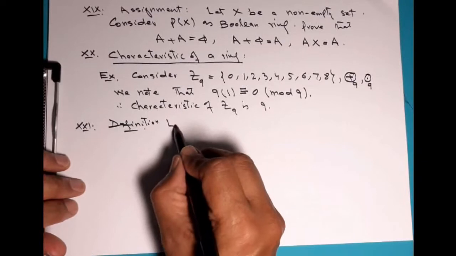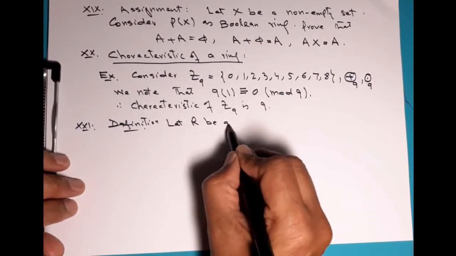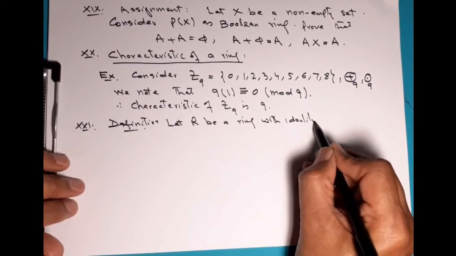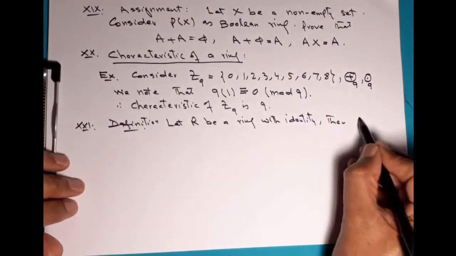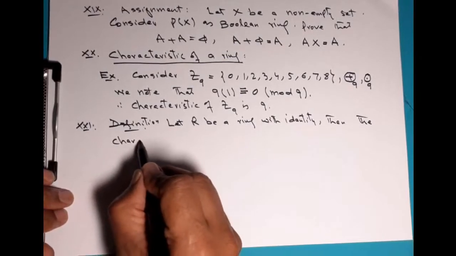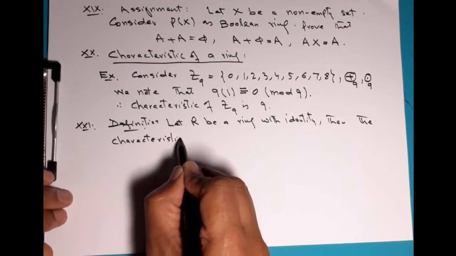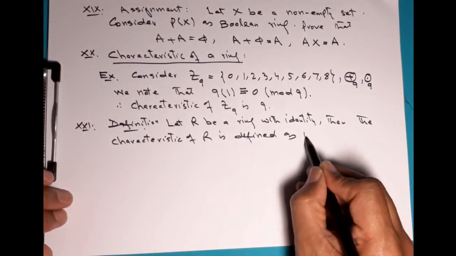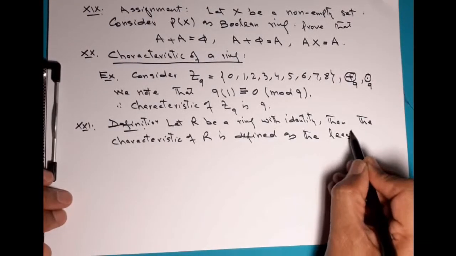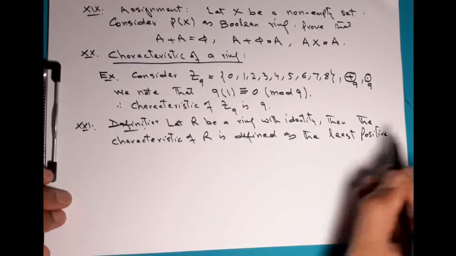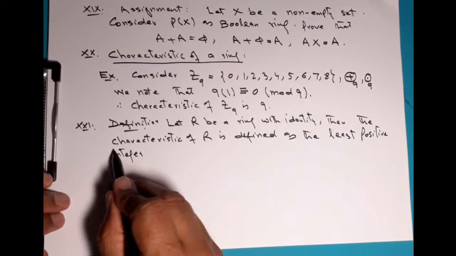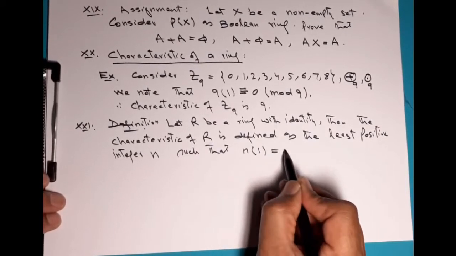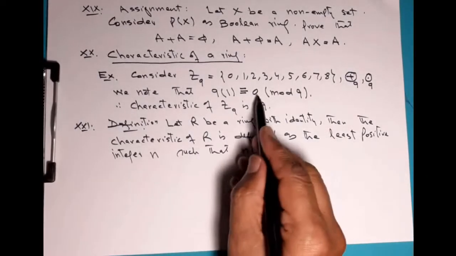So definition: let R be a ring with identity, then the characteristic of R is defined as the least positive integer n such that n multiplied with the multiplicative identity is equal to 0,